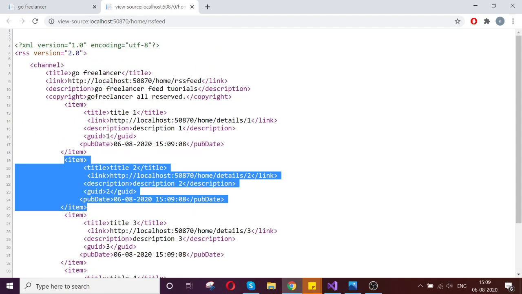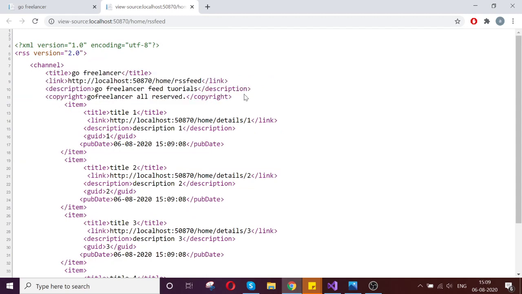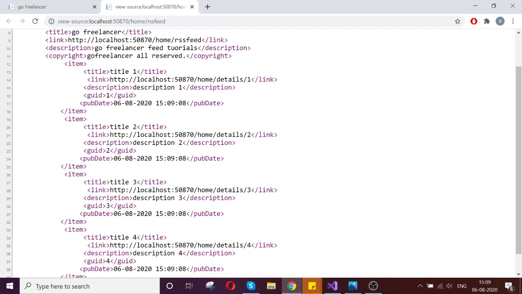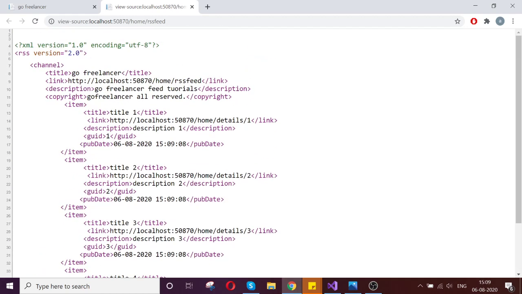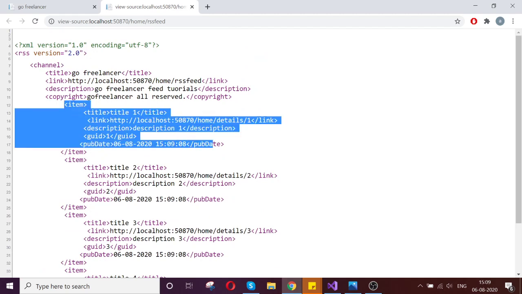Under the channel, it defines the channel details, and it includes the items, because I have 4 items which are added at the controller level. You can pick these from the database and pass them, so it will work as we require. This is the title, this is the URL link.